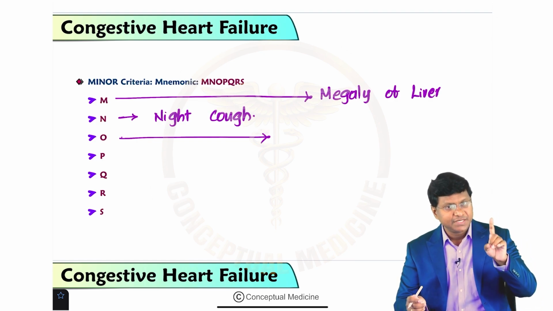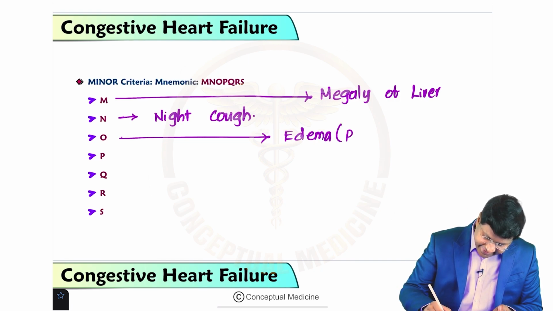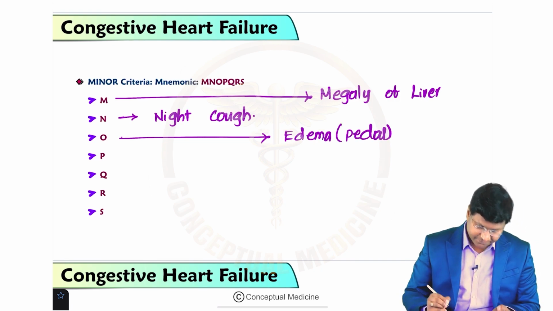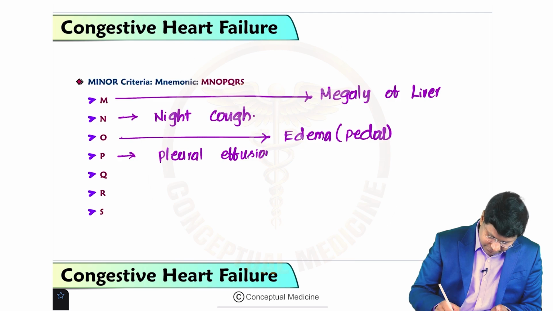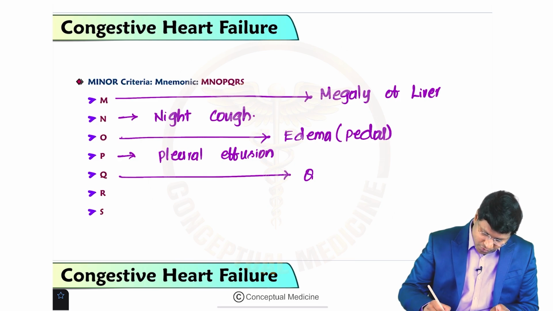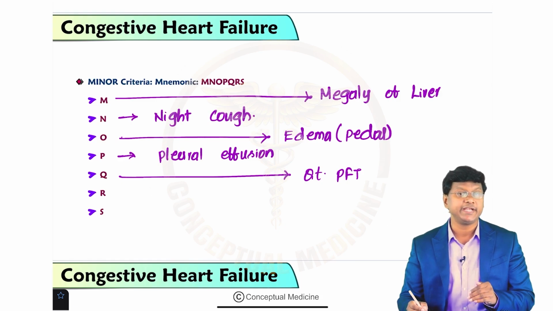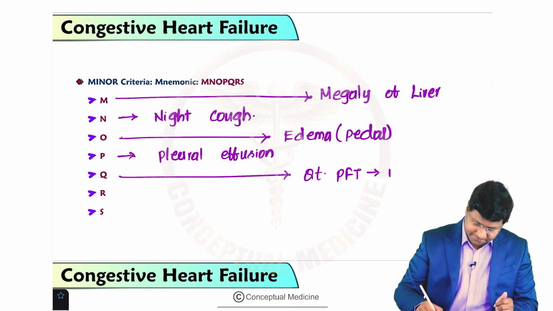Pulmonary edema will be your major criteria, whereas the edema here will be ankle edema or the pedal edema. And the word P is the pleural effusion. Right? And the word Q stands for quantitative pulmonary function test, where the vital capacity